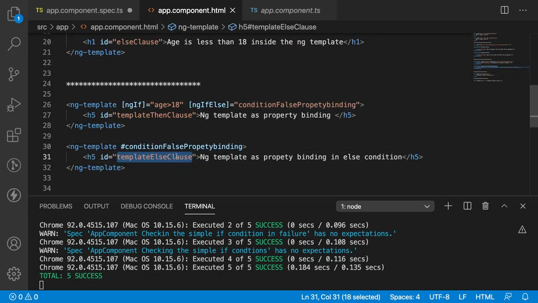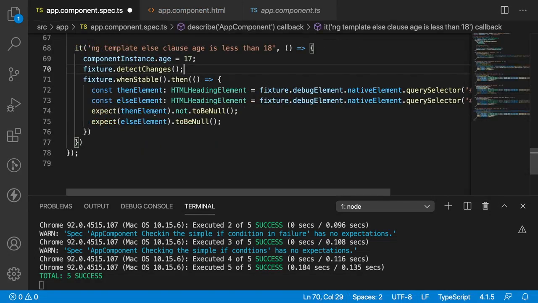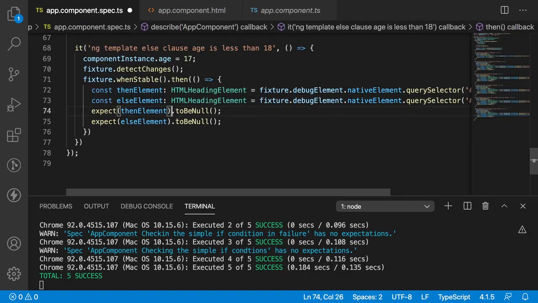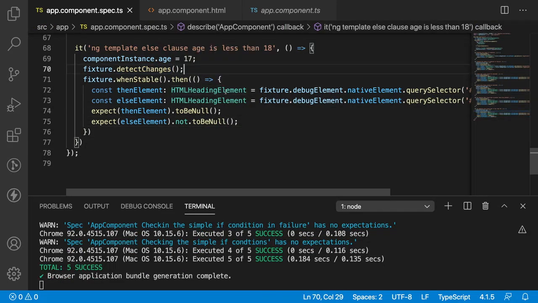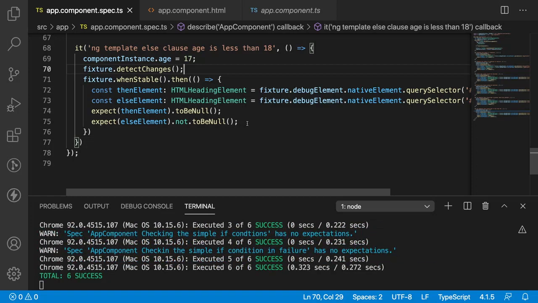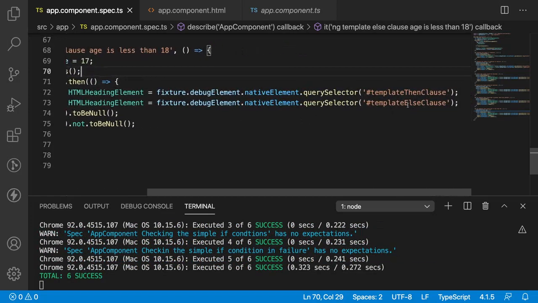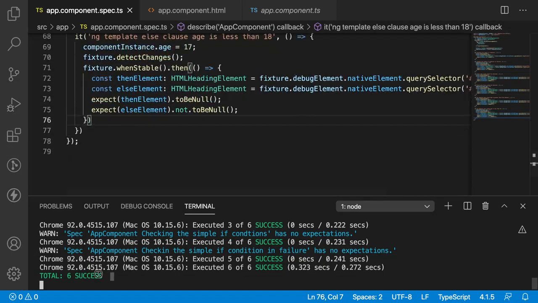That means the else clause should be in the DOM and the if clause should not be in the DOM. So thenElement should be equal to null and elseElement should not be equal to null, because here it will execute our else clause. Let me save this. As both the elements are having the same properties, I have used the same IDs. So now 6 test cases have been successfully compiled.